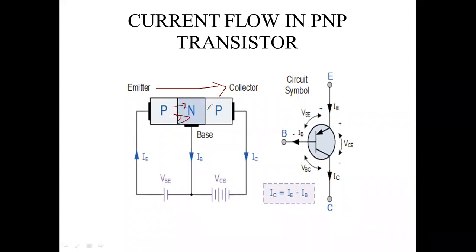Once it is broken, it will not take much time to overcome the opposition of the barrier potential, and the current will start to flow here now. But whatever the IE is there, all current will not flow to the collector. Some current it will go to the base. It will reverse now here. It should have to reach the minus of the source. Yes or no? Yes, sir.